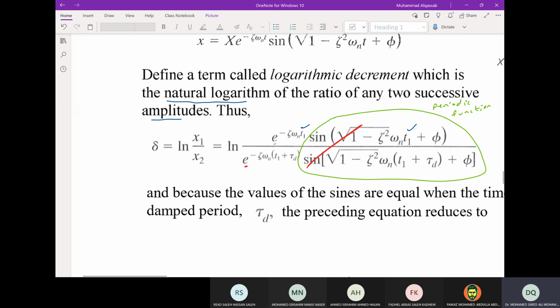Here all the parameters are known: the weight, the stiffness, and also the damping. So you can calculate natural frequency and damped frequency if this is underdamped. The first thing we have to see is zeta. We cannot proceed to omega d before we find zeta, because if zeta is greater than 1,